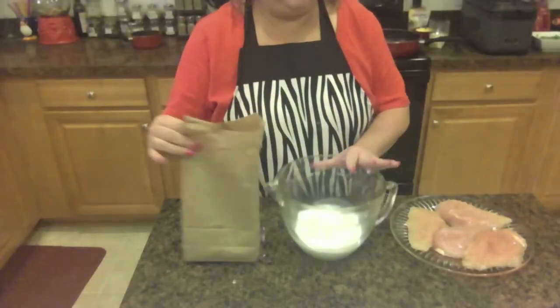We went out and bought some pineapple, and I have fresh pineapple in here that Bill cut up. I like it better than the canned stuff. And of course we have the green beans. So that's all. That's it. That's for the whole dinner. So we're going to get to cooking really quick. Okay, so